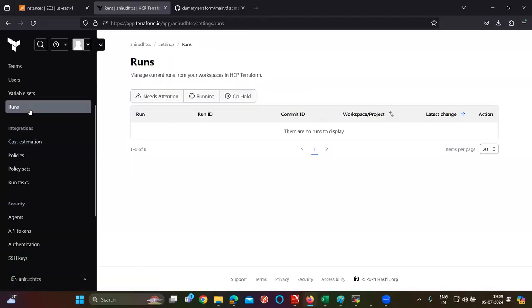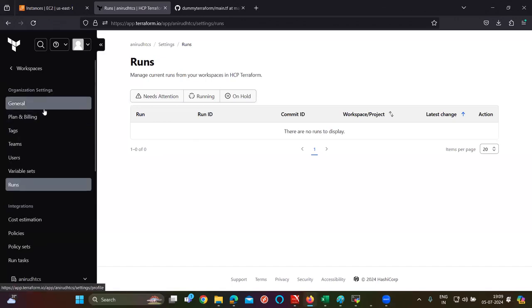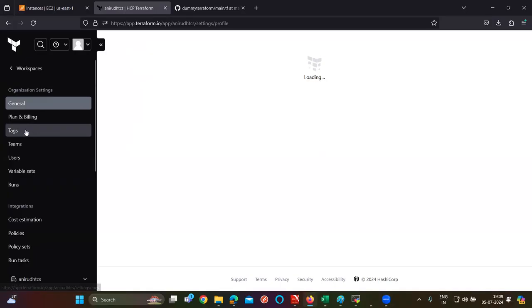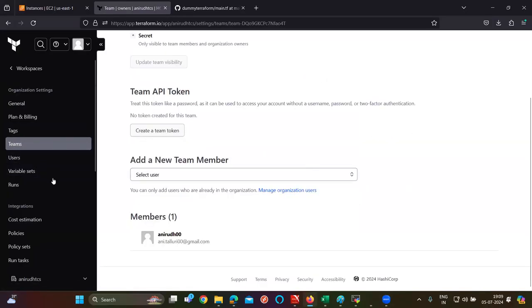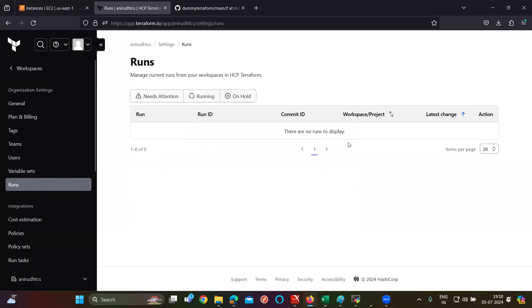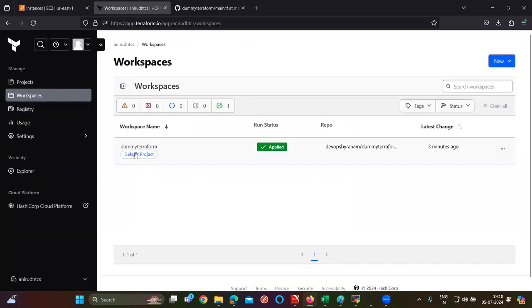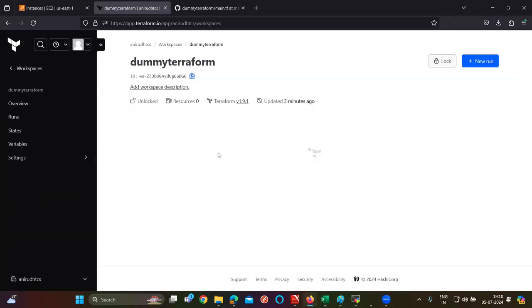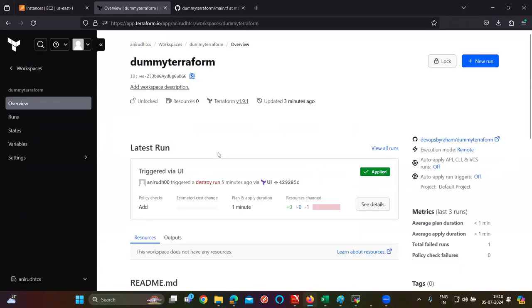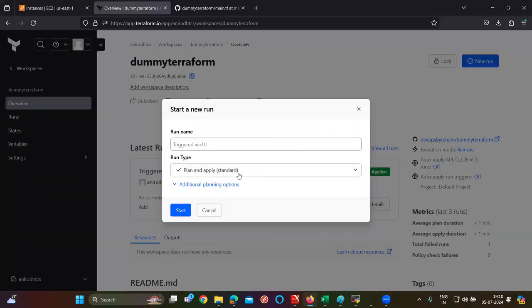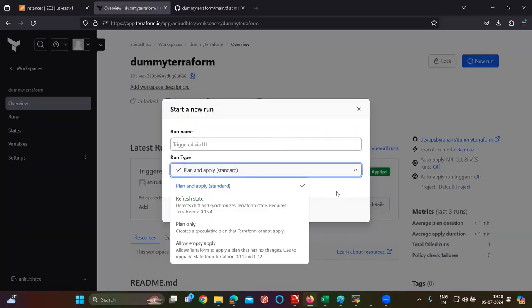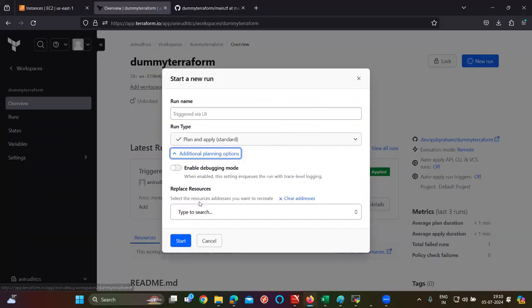Now in your runs, for example, if you go to Terraform runs here for general, I don't have any runs. Okay, let me go back to workspaces. In this workspace, if I click on this one, now I want to create the infrastructure. What do I want to do? Click on new run. But in the new run, in the drop down additional planning settings,